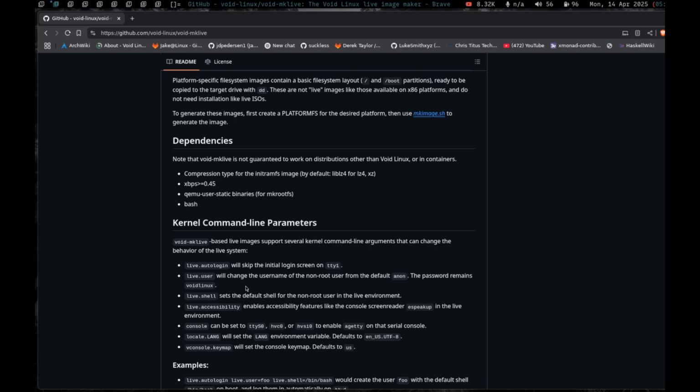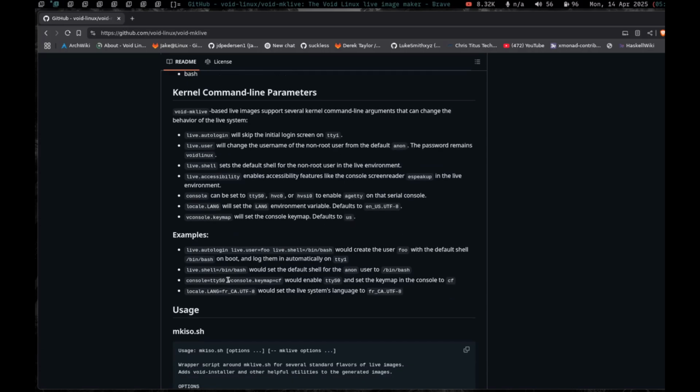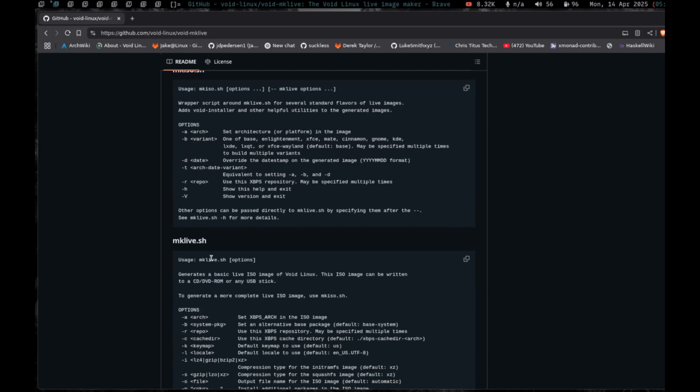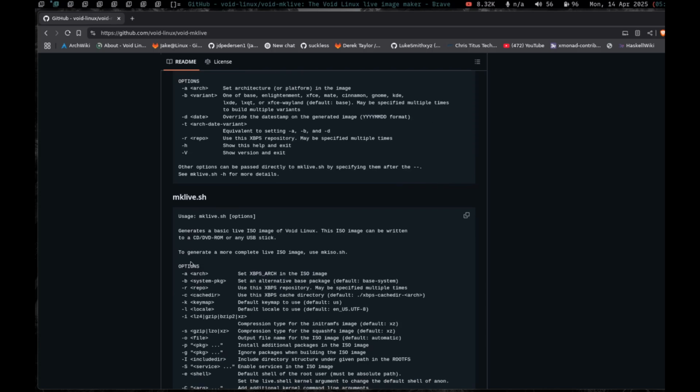But we're going to use the live auto login for our ISO. This just gives you the other kernel command line parameters you can use, some examples on how to use them, and then down here you have the usage on all the scripts. We're going to have the mklive.sh. That's going to be the first one we use with very